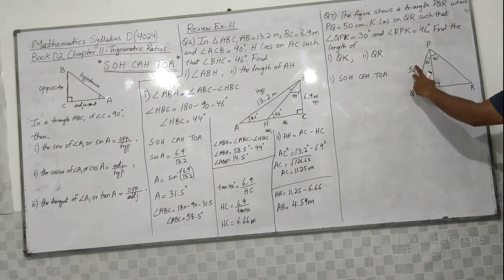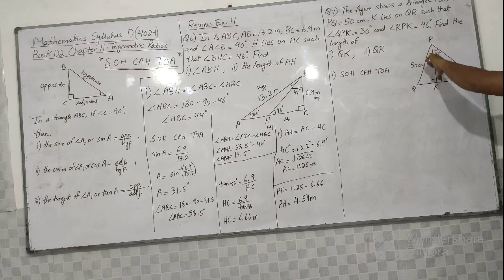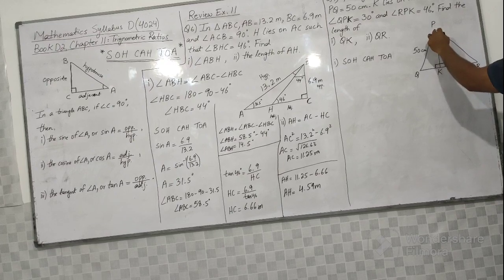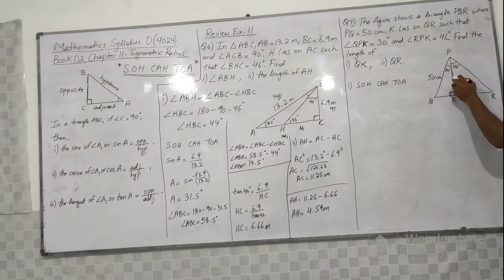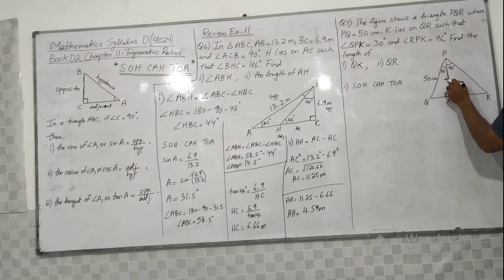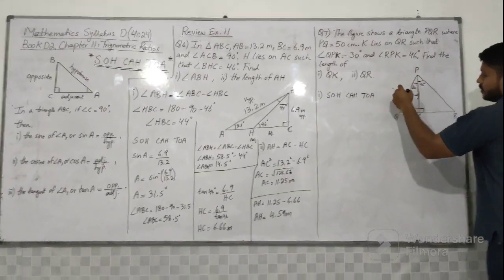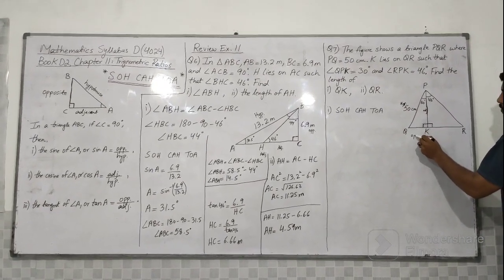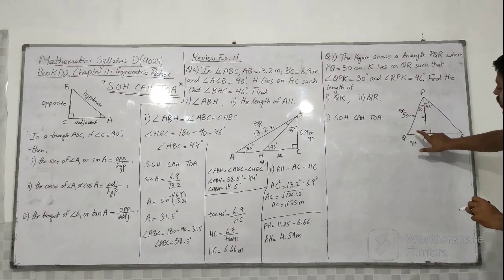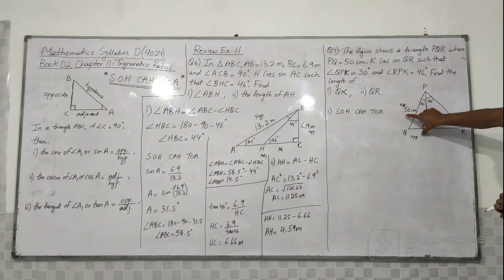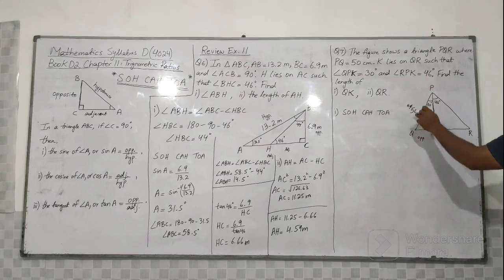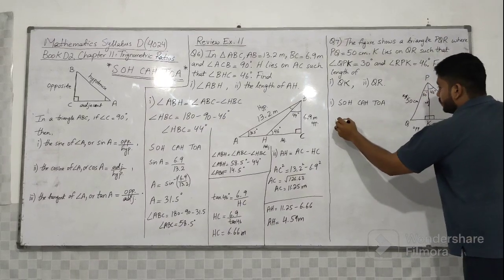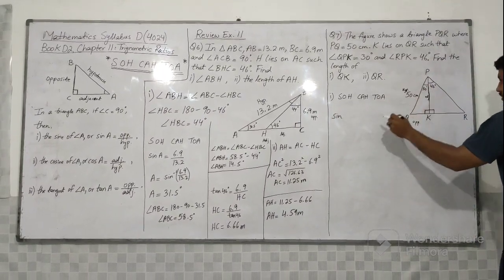So we are given the hypotenuse, and this side will be our adjacent, correct? Because we have two angles on this side. So this is adjacent, this is the hypotenuse here, and this will be our opposite. So we are required to find this, and we are given this. So what is applied when we have opposite and hypotenuse? Sine is applied. Okay, sine of the given angle, sine 30